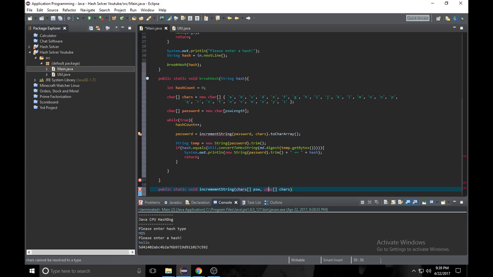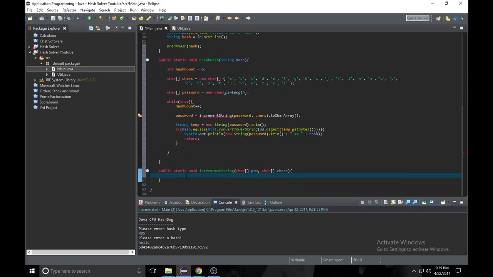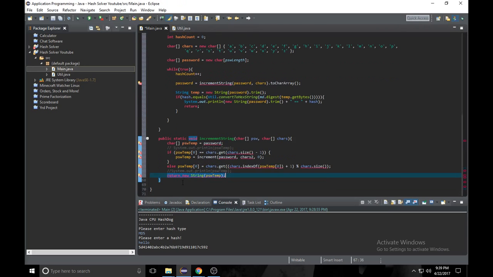Of course, I'm stupid, so I typed that in when I shouldn't, but you guys get the gist, right? Okay, so the increment string method should be kind of interesting, and for this I'm just going to copy it in and I'm going to explain it from there. So that's that, and of course this needs to return a string,